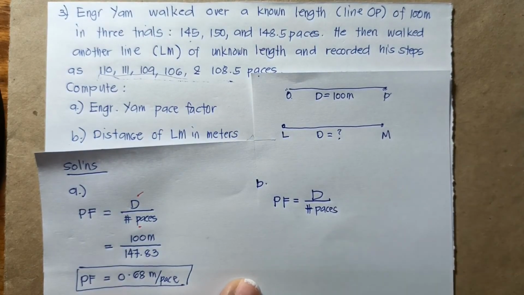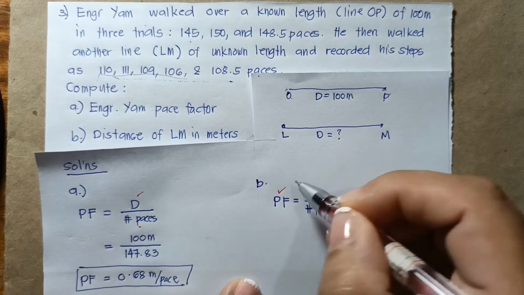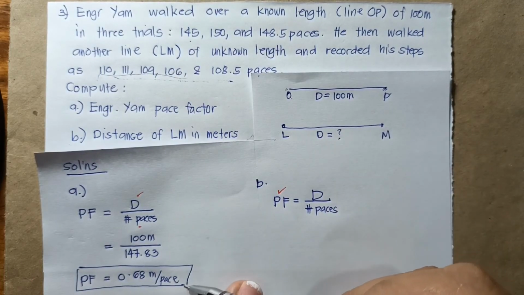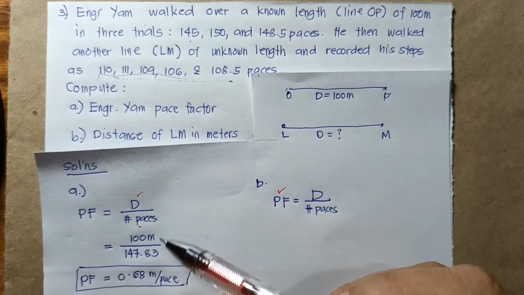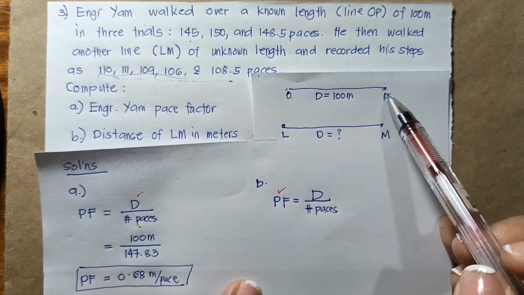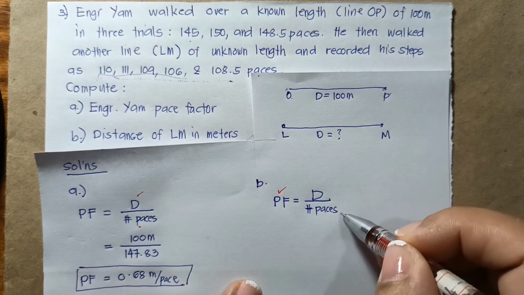Here we already have the pace factor of Yam because we were able to determine that using this value, because he walked along line OP. And the number of paces